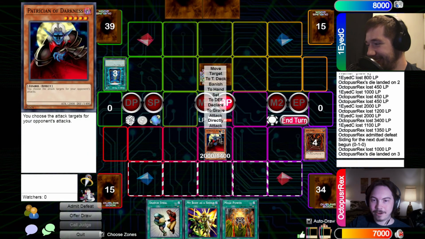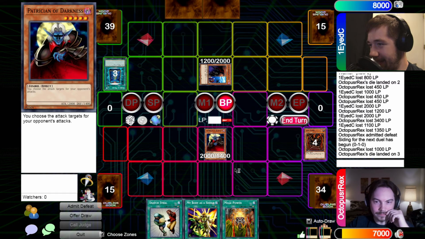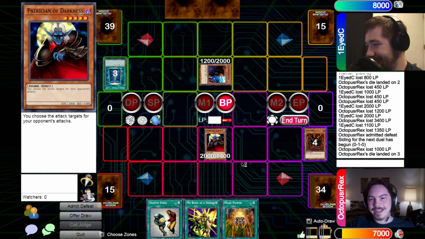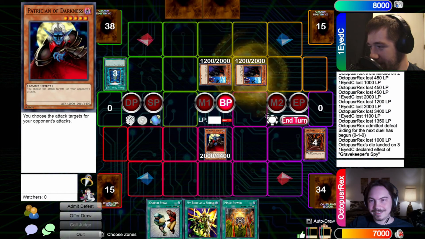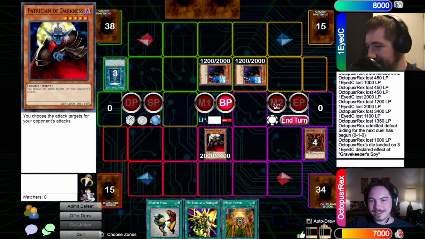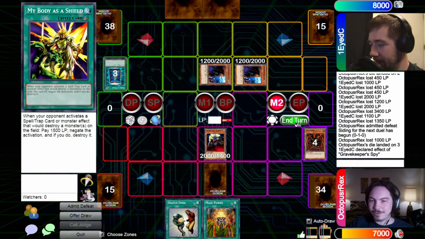I'll go to my battle phase, I'll attack. Well, that's fine because it's a Gravekeeper's Spy. Okay. Trigger the Spy. Spy's fine. Special Spy. Spy is out. It's fine. I'll go to main 2. I'll set a card. Uno mas cardo. And...